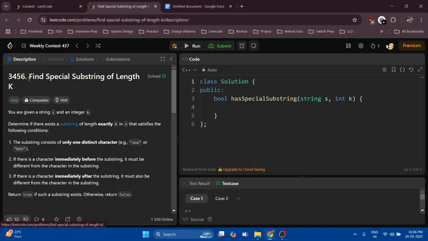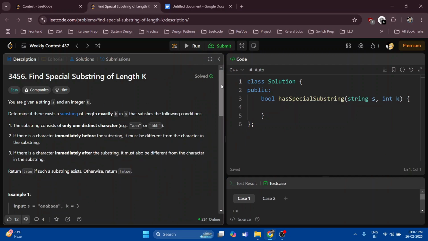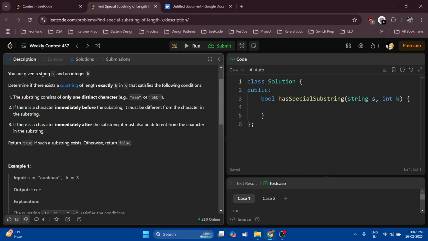The question is Find Special Substring of Length K. It is rated easy, and it says that you are given a string s and an integer k. You need to determine if there exists a substring of length exactly k in s such that it satisfies the following conditions. The substring consists of only one distinct character. So basically it should contain all A's or all B's or any other character, but it should be distinct